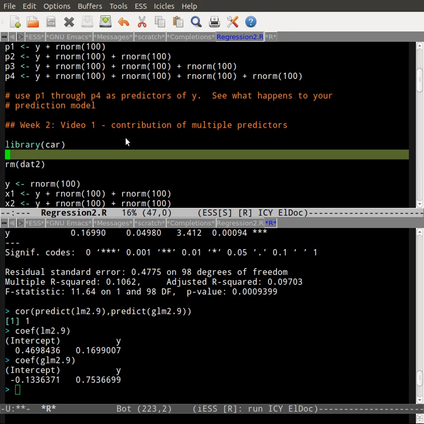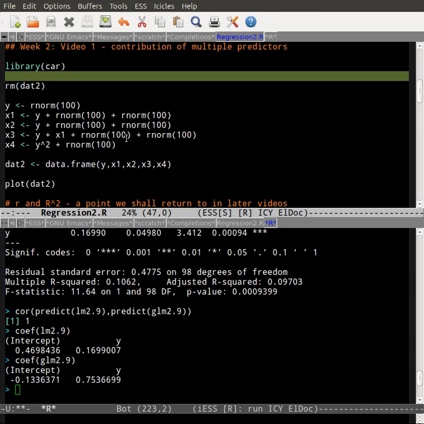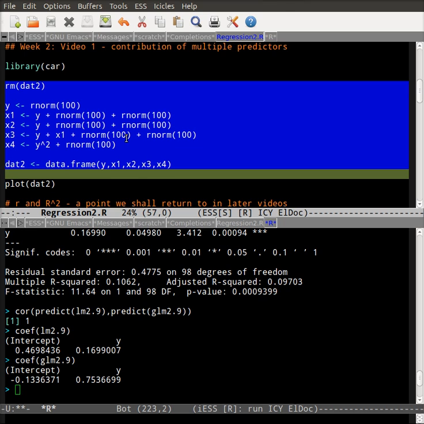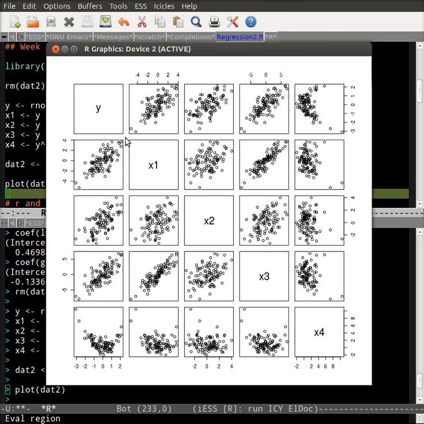First thing I'm going to do is use a package called car, which is the Companion to Applied Regression. That's John Fox's package that's associated with his book. And I'm going to create my own data set. I'm going to delete the old one and create my new one, and just give you a general sense of what I'm doing here. I've created a data set with 4 predictor variables, x1, x2, x3, and x4, and 1